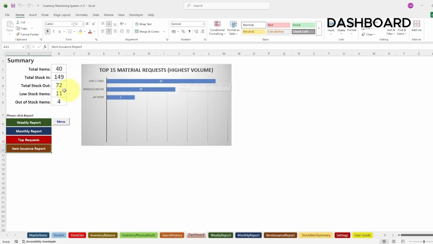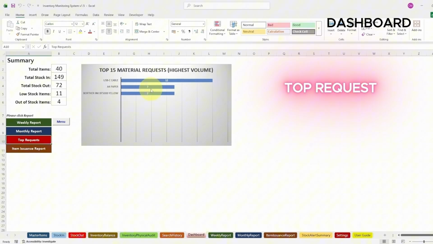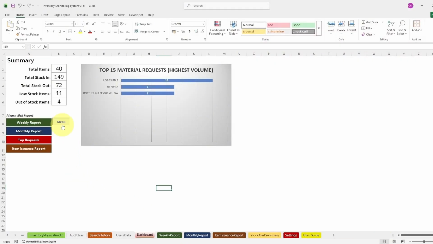Finally, for visual analytics, we have the top request feature. Clicking this generates a dynamic 2D bar chart that visually flags your top 15 materials with the highest request volume. This gives you an instant, data-driven look at your fastest-moving inventory. If you need to audit an item's movement or check what a specific employee has borrowed,